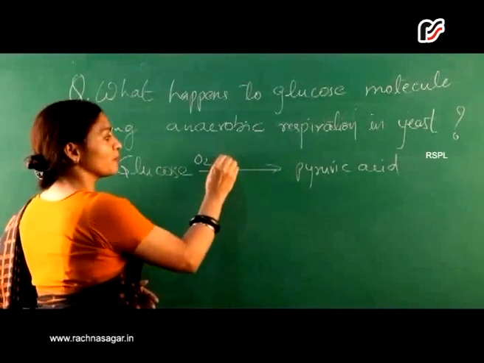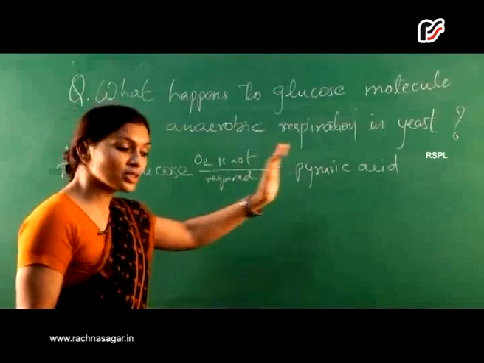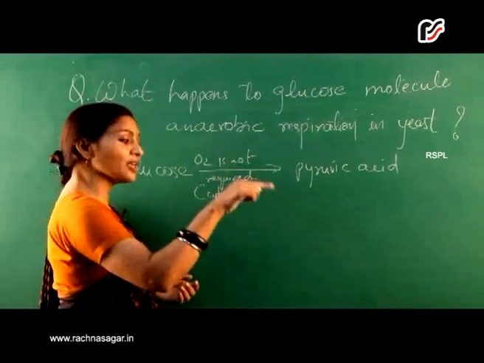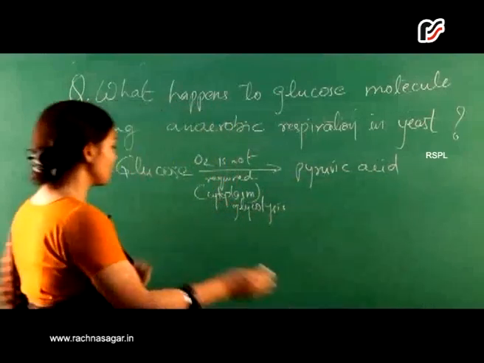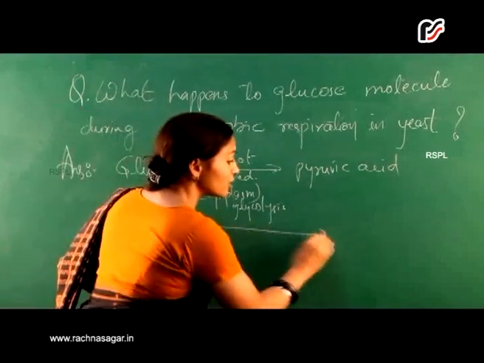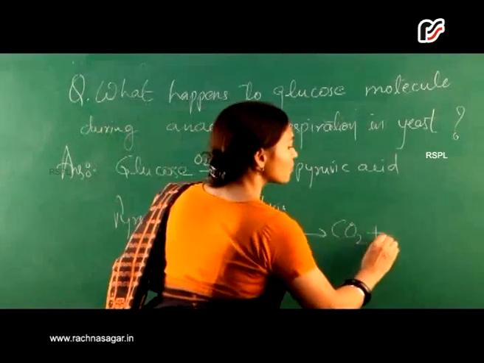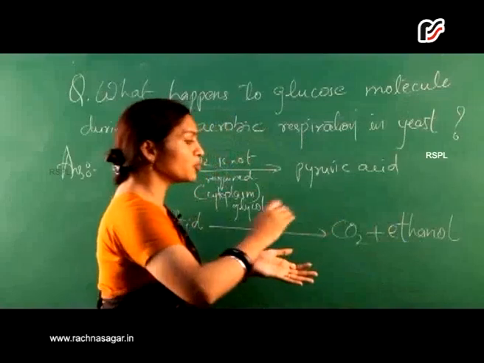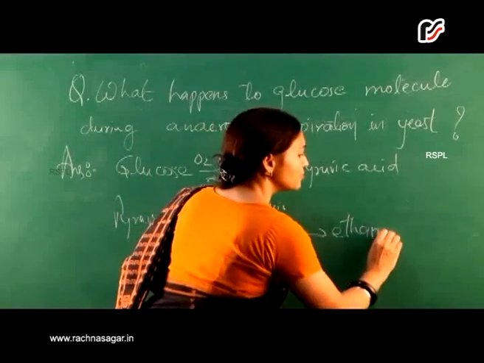For this process, again, oxygen is not required. This process occurs in the cytoplasm of the cell and is again known as glycolysis. Further, this pyruvic acid is converted, rather we can say it is fermented, into carbon dioxide molecules and ethanol, which is also a toxic component. Rather we can write down first the main product. It means we can say ethanol,